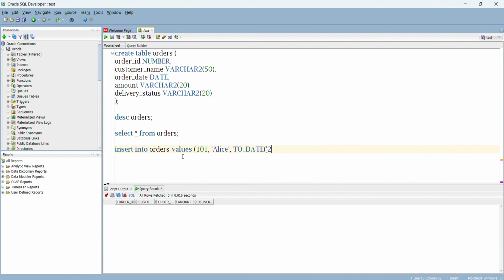Let's say the date is 1st December 2023, so we'll write 20231201,